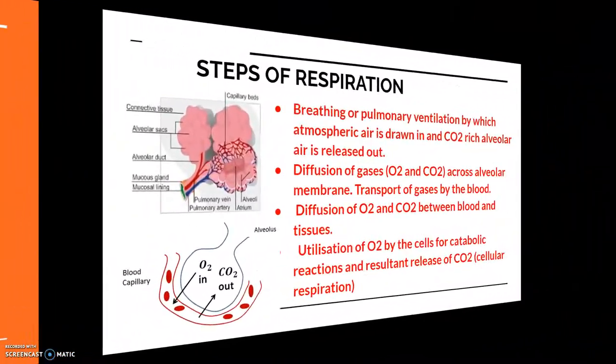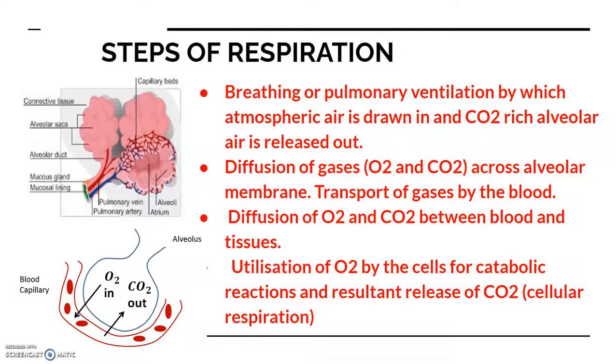Now, as we know, the pleural membrane covers both the lungs, and the bronchioles terminate into alveoli. So this is a section of the alveoli. Here, the part starting with the external nostrils up to the terminal bronchioles constitutes the conducting part, whereas the alveoli and their ducts form the respiratory or the exchange part. So this is the part where the exchange of gases needs to take place.